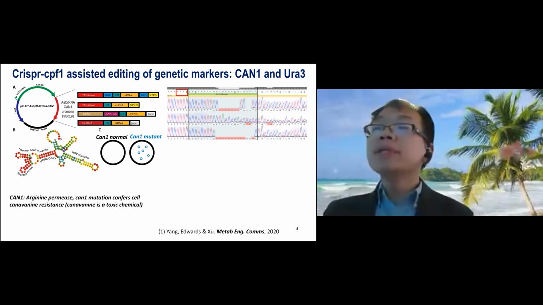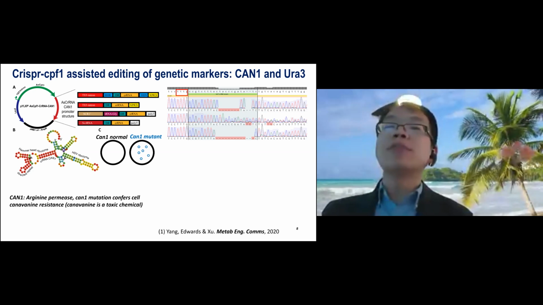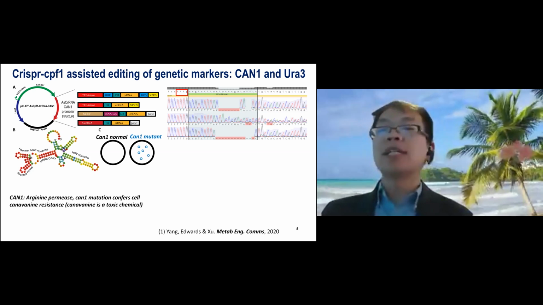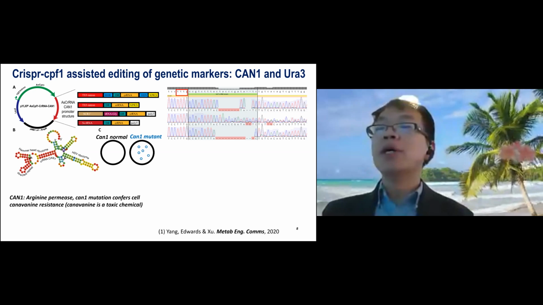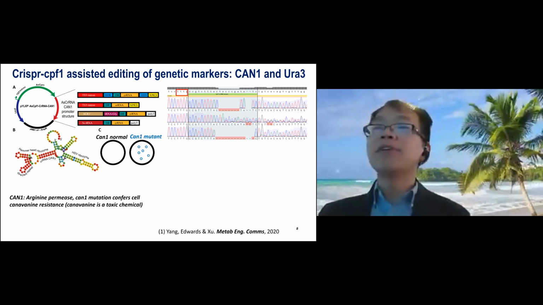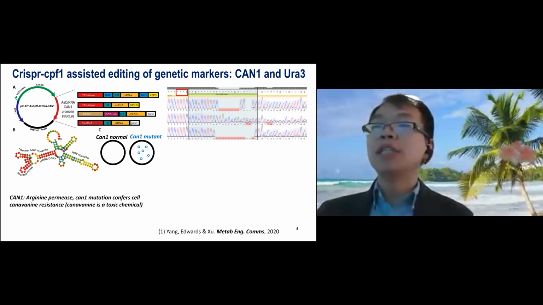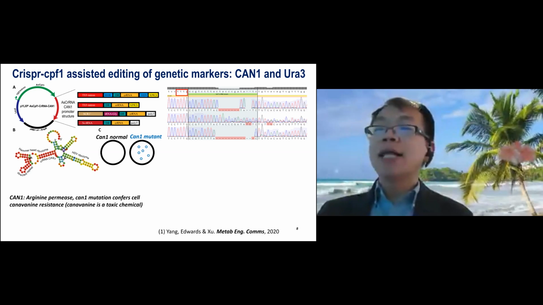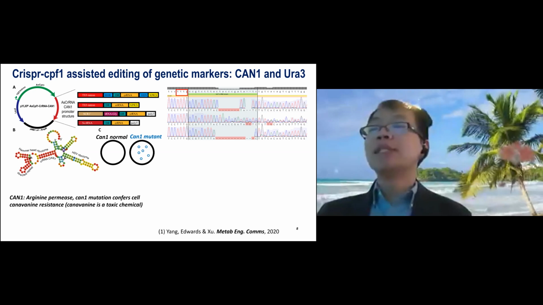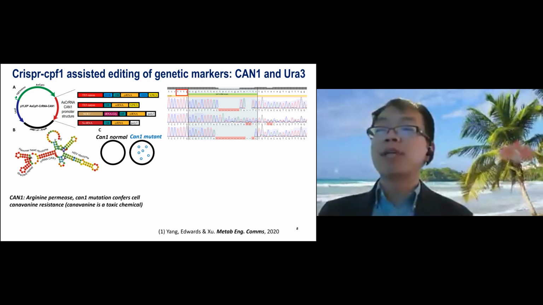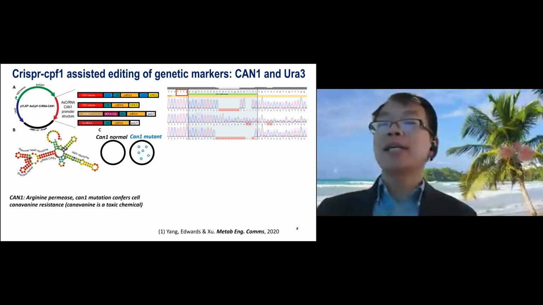So the CAN1 mutant cells still have their own arginine biosynthetic capacity. That's why they can survive. Based on the canavanine-resistant phenotype, we sequenced the gene. We found nucleotide insertions or deletions around the PAM sites, which demonstrate the success of the